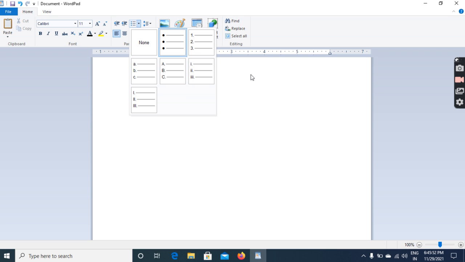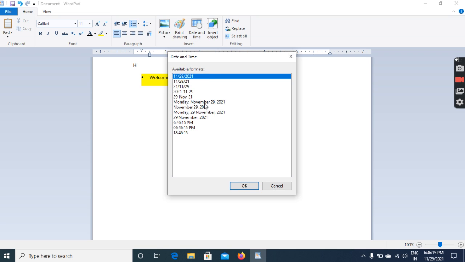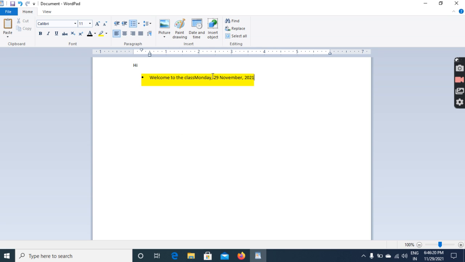Then there is a line break system. You can just give a partition. Then there's inserting pictures. You can insert pictures into your document, and this way WordPad becomes a powerful tool. It has the following features: you can type any text like letters, notices, etc. You can also save the date, like here it is. You can choose the following one, click on OK, and you will see the date has been saved. So you can choose the date and save it for further use.